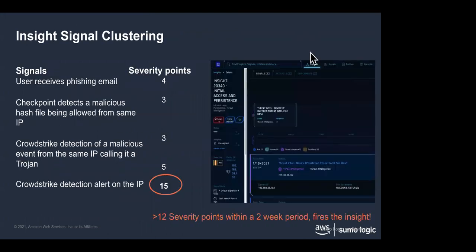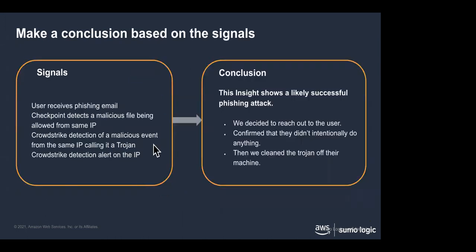Now, again, the way an insight gets fired up is all these signals that, again, are correlated by some sort of a host name or some sort of an IP address, all have a value, all have a score. And if I take that score over a 2-week period and I add it up and it's greater than 12, then it fires off and creates the insight. So it's not like we have to manually look at all of our signals and figure out which ones are which and which ones are going where. It automatically kind of tells us and guides us. So it's very popular that way.